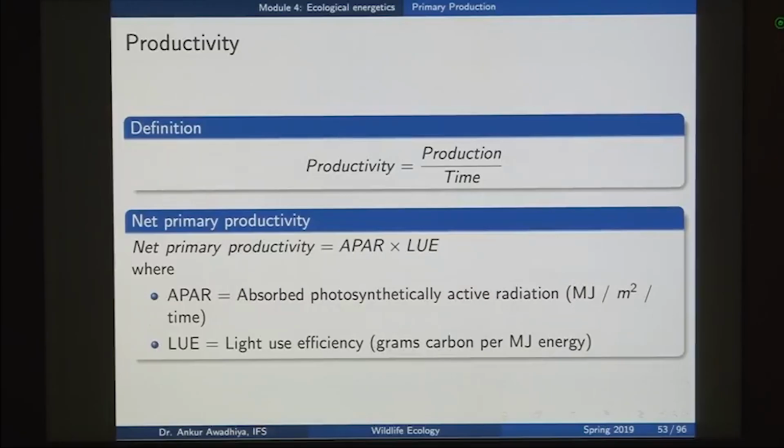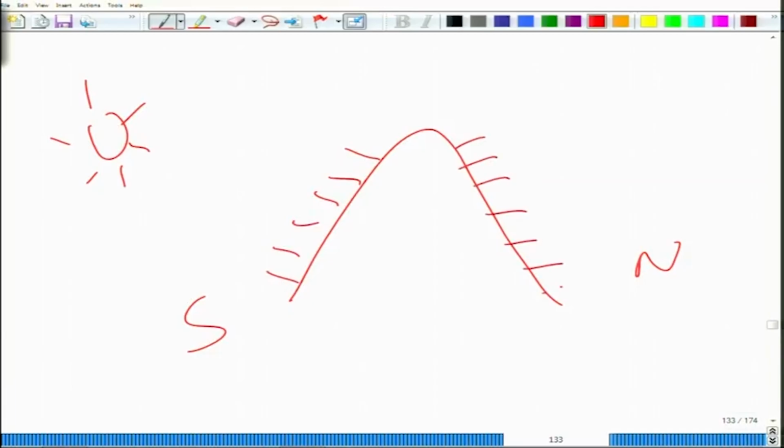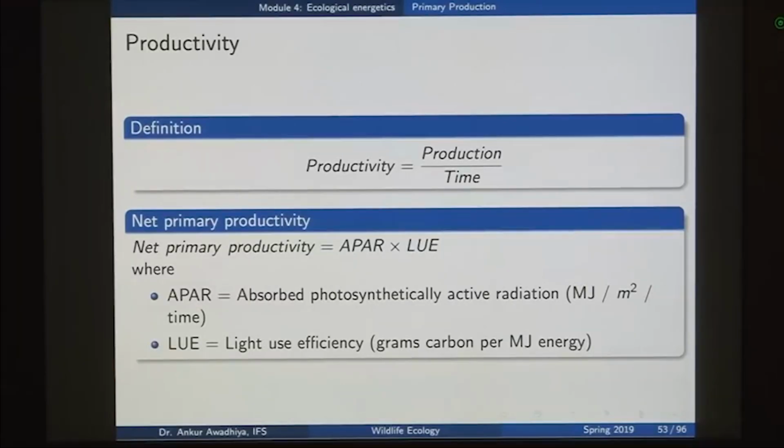So, for instance, in the case of India, if we have a hill, and because India is in the northern hemisphere, this is north and this is south. In this case, the southern aspect gets more sunlight as compared to the northern aspect. So, if more sunlight is incident on the southern aspect, more light is made available to the plants, and so more light will be absorbed by the plants. So, APAR can be discerned by looking at the location of that place.